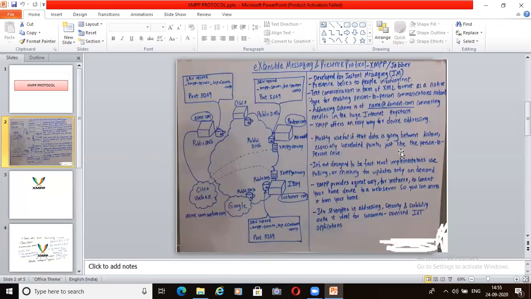Like I said, the presence protocol. Presence means some human-to-human interaction, where people are sitting at the back end, so presence stands for human presence. Now this whole communication of this protocol takes place via text communication in the form of XML format, that is, extensible